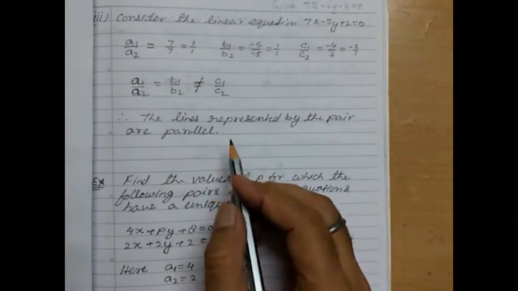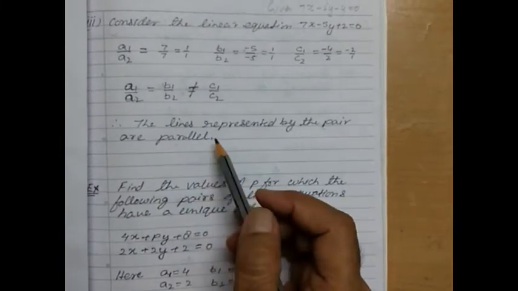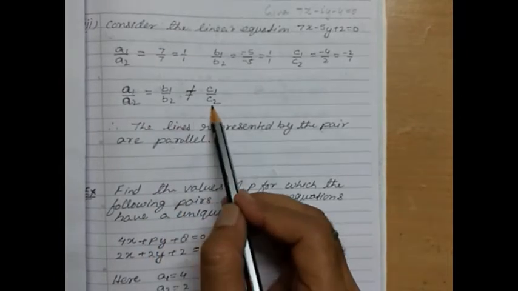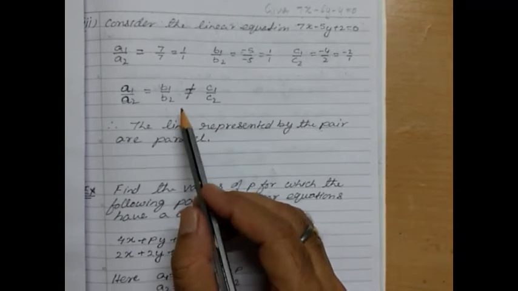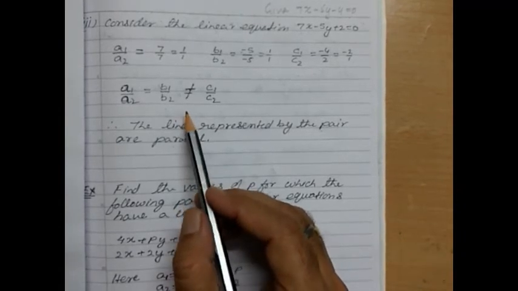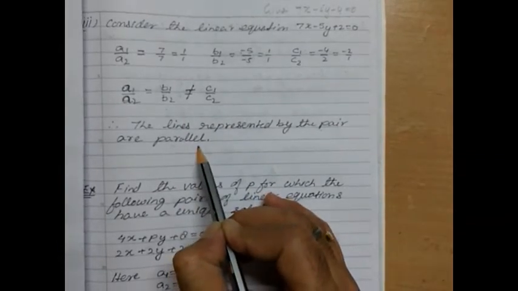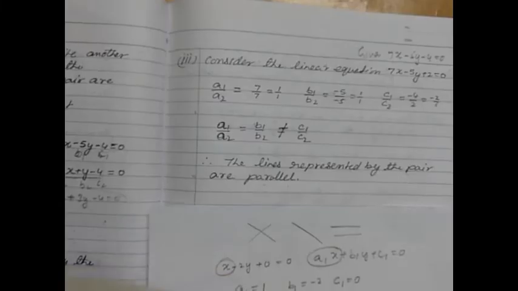Now here you are saying that we are not plotting the lines to find it out, but we are doing the comparison of the ratio and finding out what kind of situation there will be, whether it will have intersecting lines, coincident lines, or parallel lines. I hope this is clear to everybody. Okay, now we check exercise 3.2, the questions which you have to do.